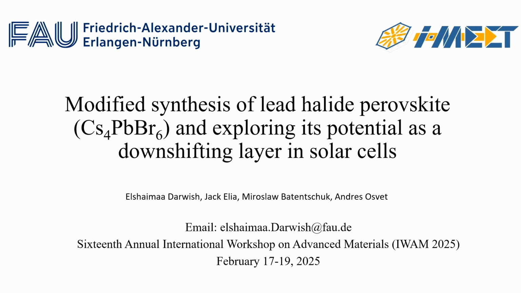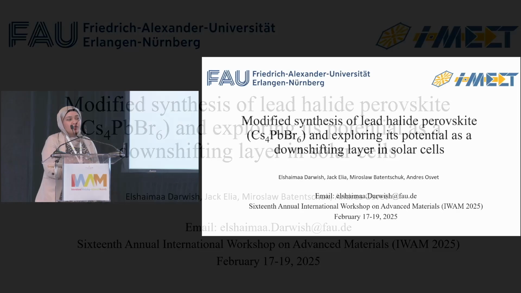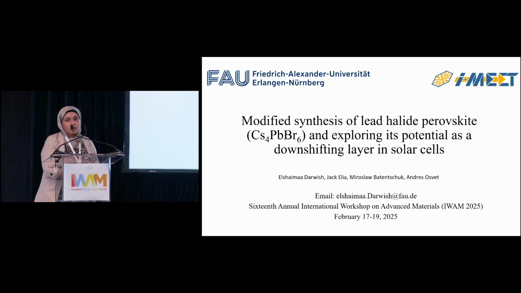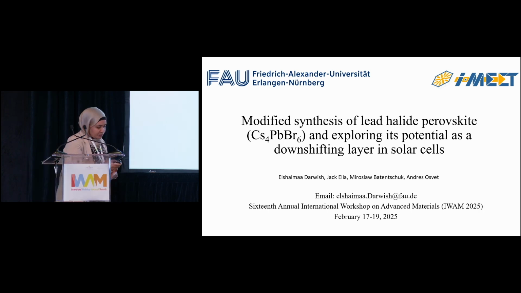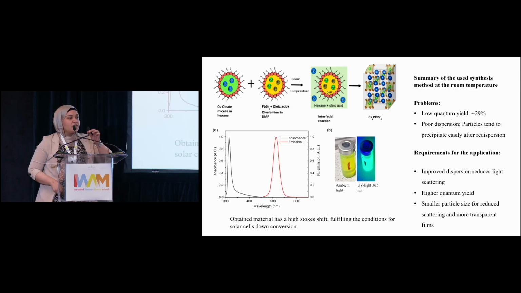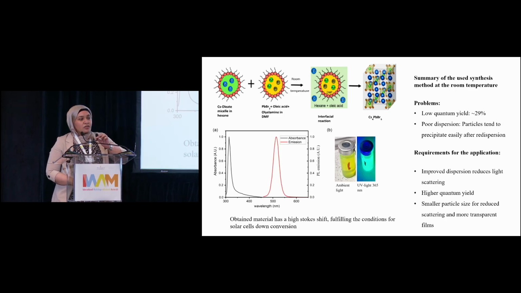in solar cells. And when people hear perovskites and solar cells, they assume it's the active layer that absorbs the light in the solar cell. But in case of my work, it's different. It's just a top layer we placed on top of a commercial solar cell, and it should convert light from the UV to visible for the solar cell to be able to absorb it and make use of it. So our synthesis approach is a straightforward method at room temperature, and our material here